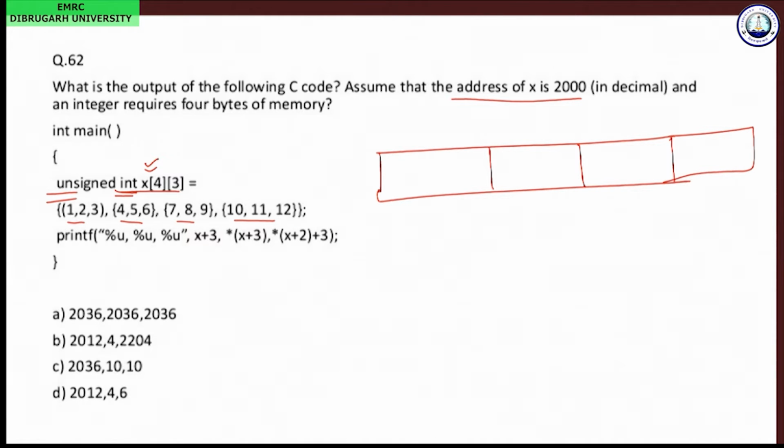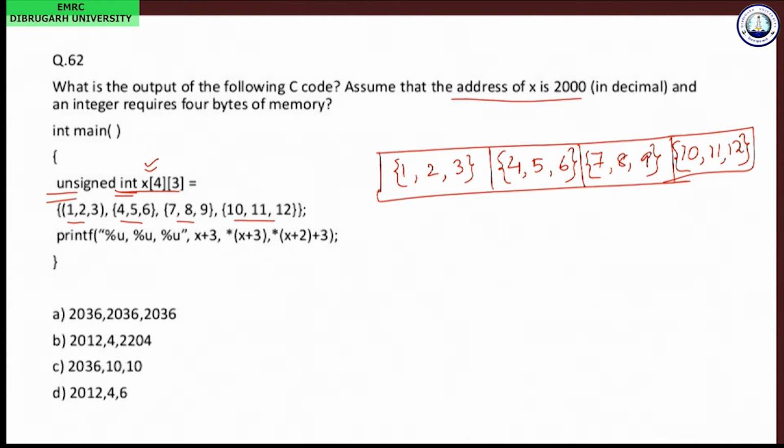Within the first location you can see here 1, 2, 3. Then 4, 5, 6, then 7, 8, 9, then 10, 11, 12.